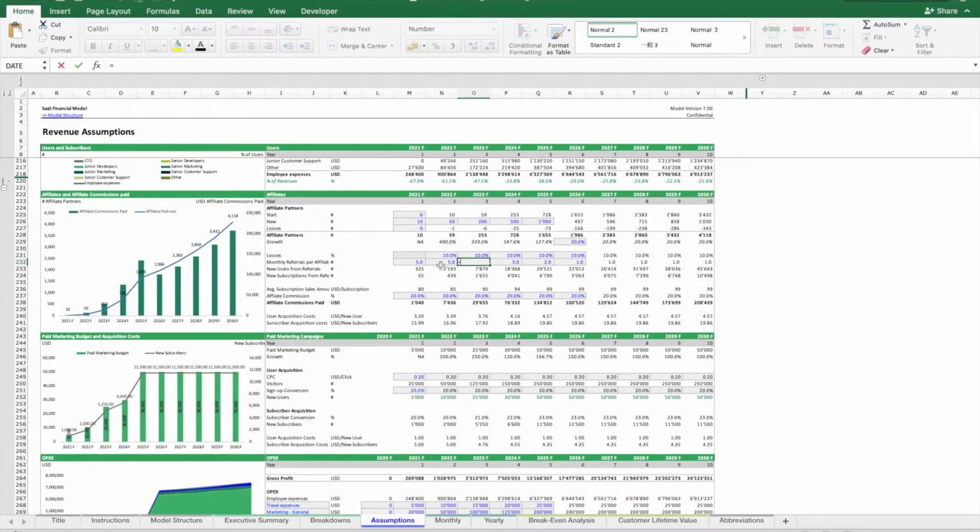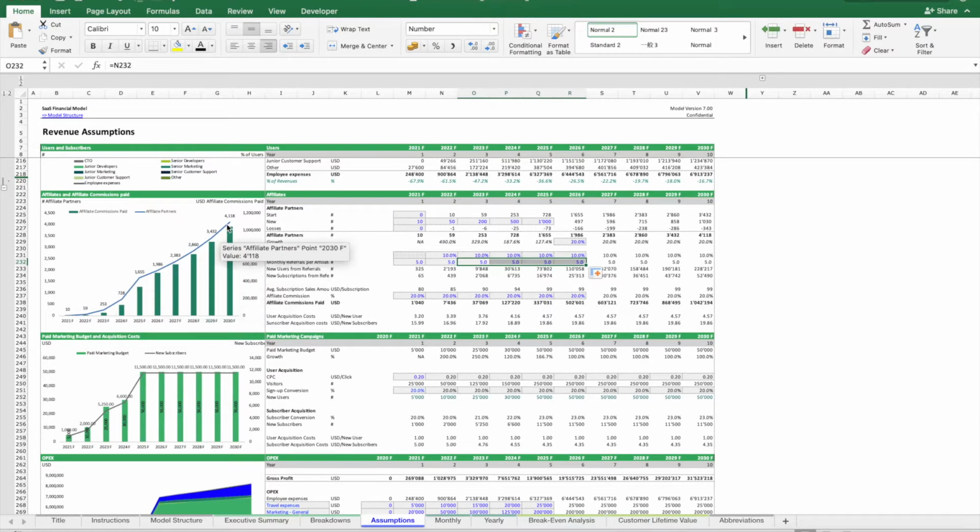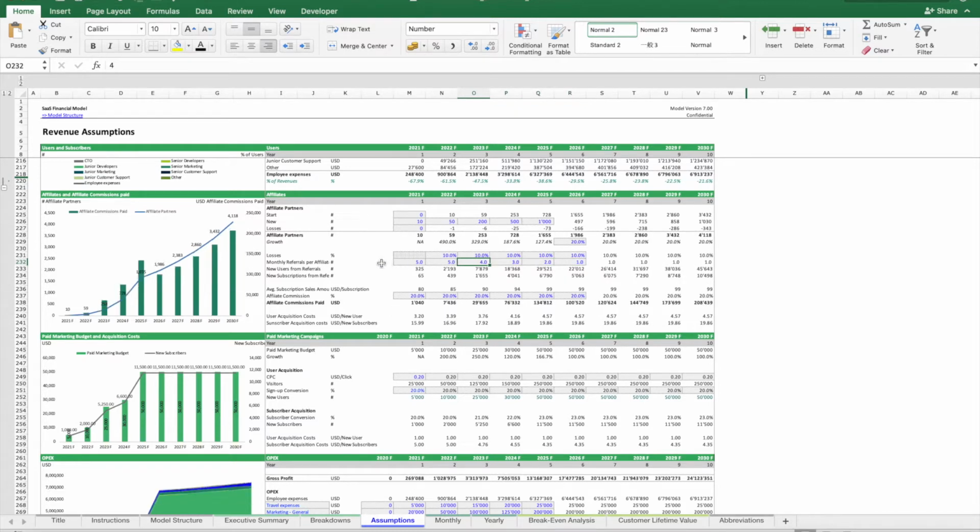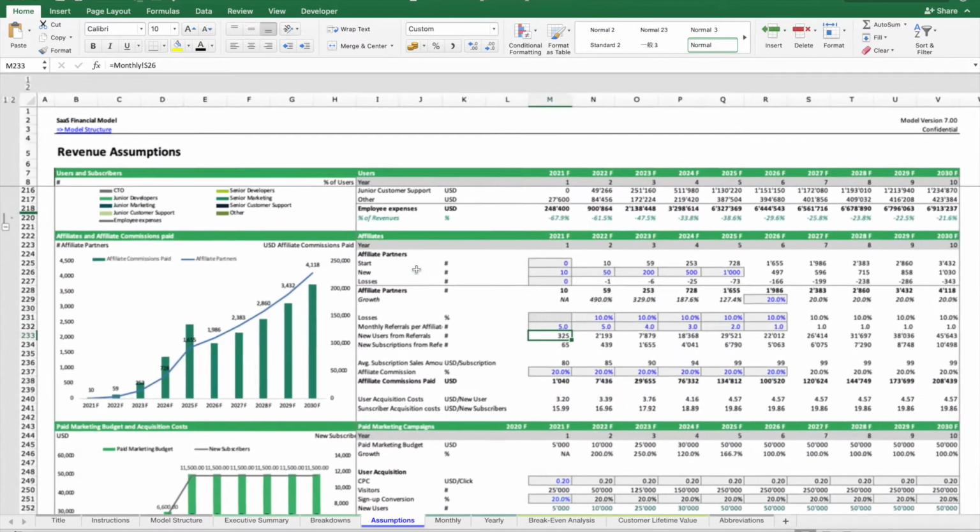In case that would not be the case, you could also leave it constant, and then you see that if we put this at 5 here, then this graph would change. We can model the expected amount of traffic we can obtain. So I'll put it back here, and you can see we get the number of users and also the number